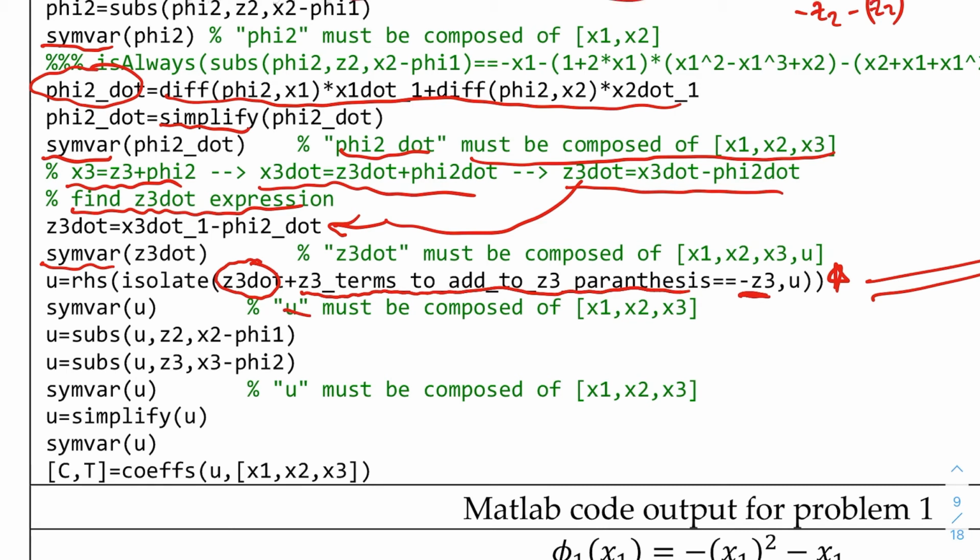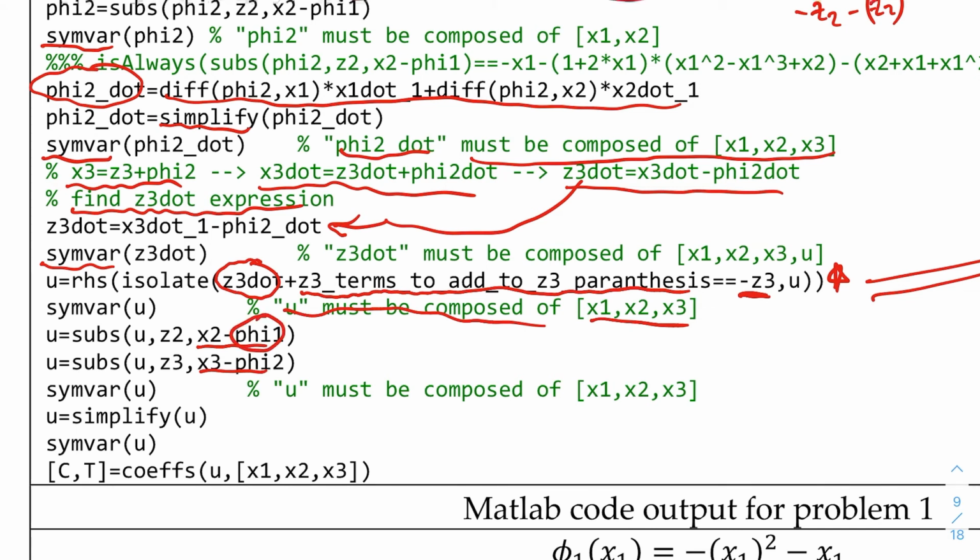And u must be dependent on x1, x2, and x3. When we isolate u, you will have z2 and z3 expressions, and we can just substitute,